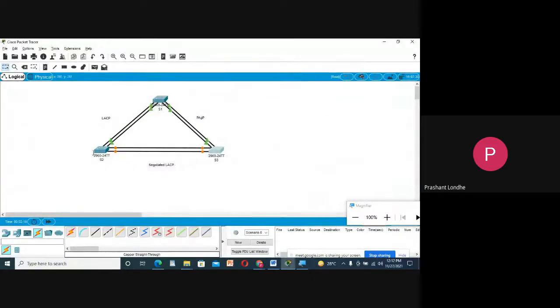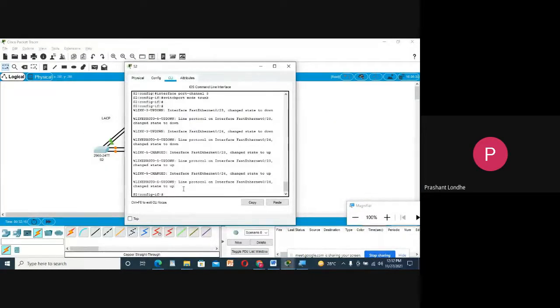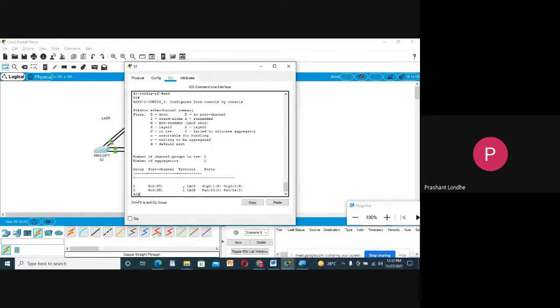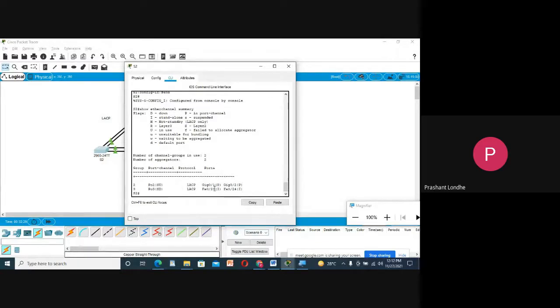So let us go to the S2 and show etherchannel summary. And here you can see it is also in the form of LACP. Though it is a negotiated LACP, still the name will be called LACP, so it will be displayed as LACP.